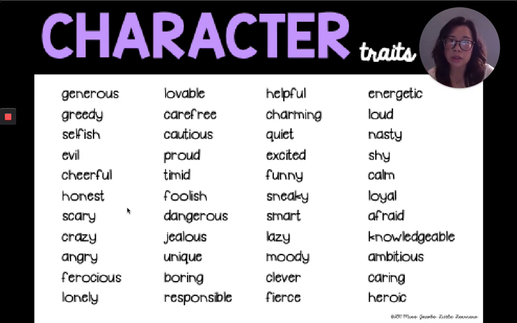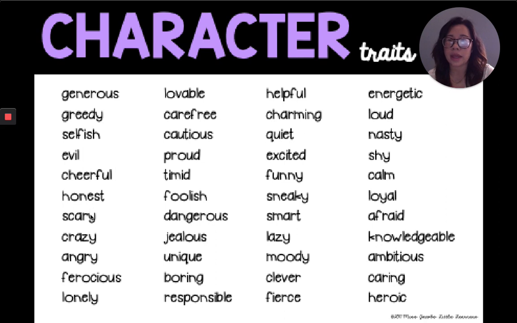And I will also take a picture of this and upload it to Seesaw or put it on Parent Square so that you can look at some of these adjective words. You can also find some adjectives in your writing folder that I sent home to your families a few weeks ago. Okay, so some characters can be generous or greedy, selfish, evil,